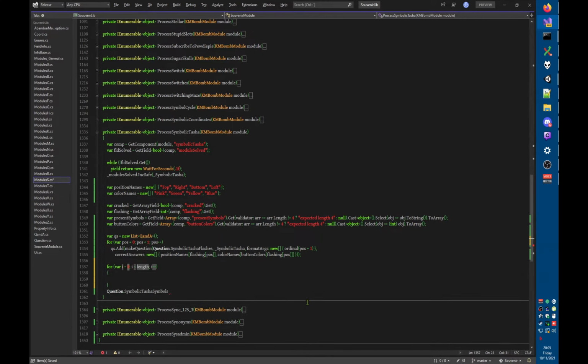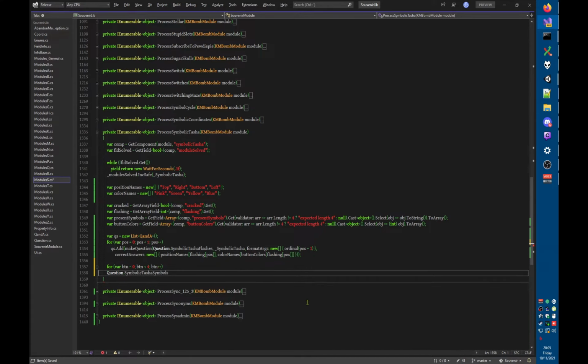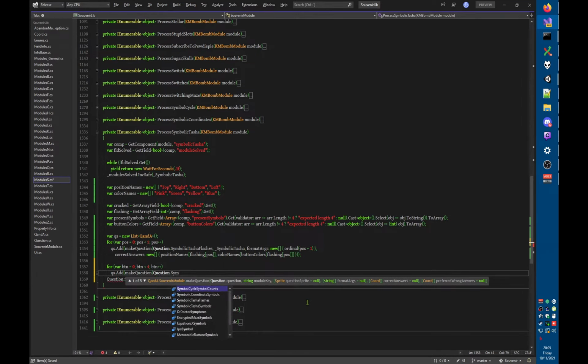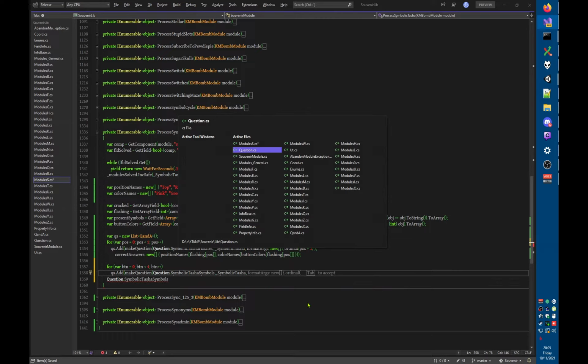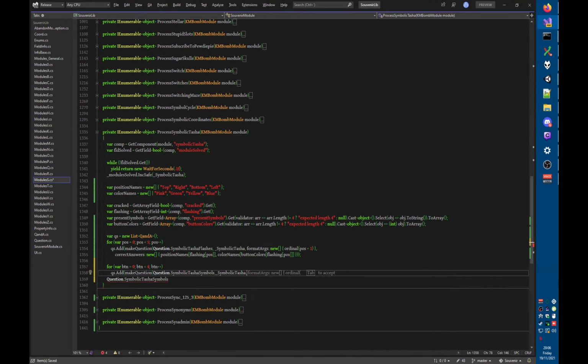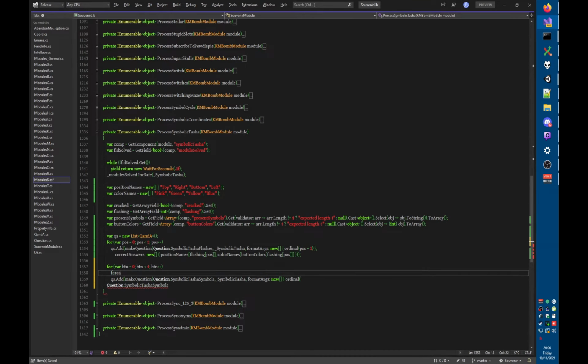So for var button, I guess, 0 equals 4. I'm going to add a question. Make question dot symbolic Tasha symbols. Okay, symbolic Tasha. For this one, we need a format argument, which is any one of these. Yes. So, right. So we're actually gonna use